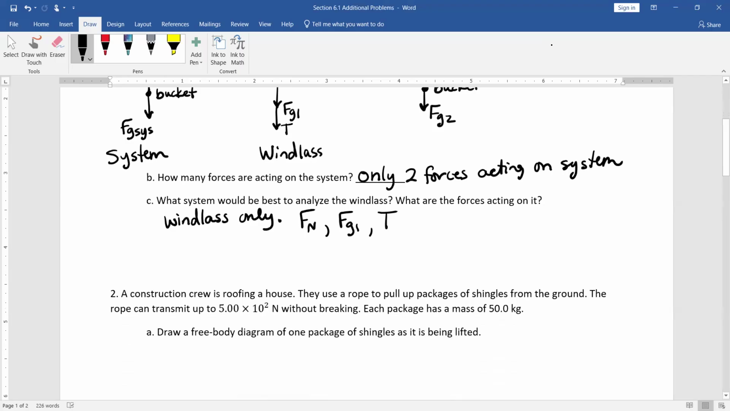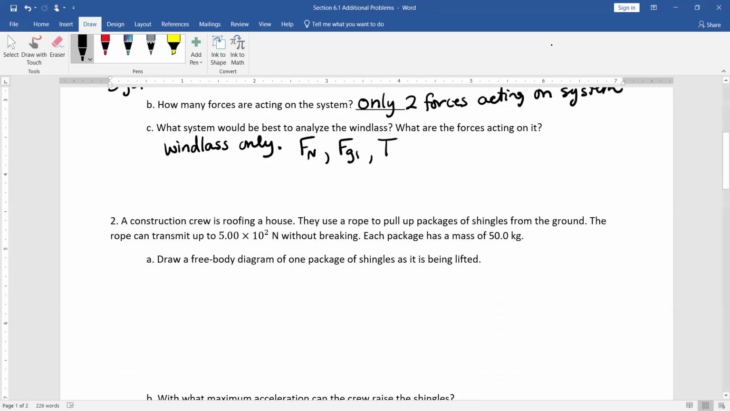All right, moving on to an actual kind of applicable problem with a little more math to it. A construction crew is roofing a house. They use a rope to pull up packages of shingles from the ground. The rope can transmit up to 500 newtons of force without breaking, and each package has a mass of 50.0 kilograms. So if we draw a free body diagram of one package of shingles as it's being lifted,